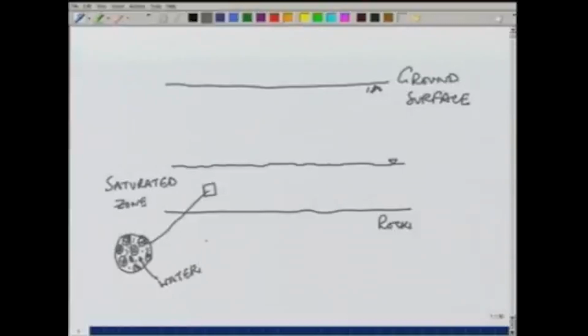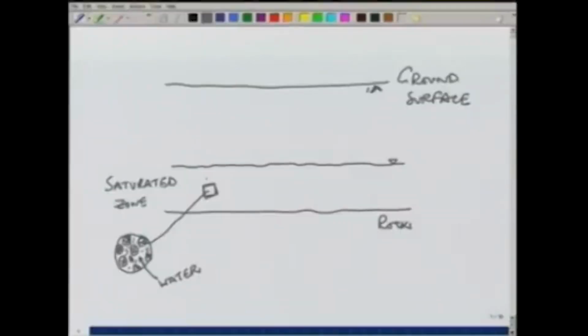In other words, there is no air inside this zone, while if you go above the groundwater table,